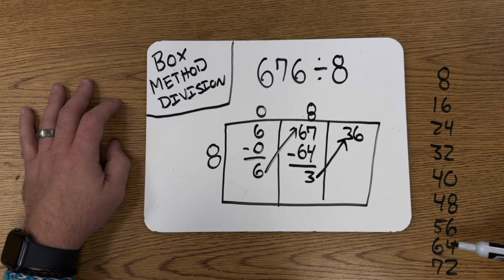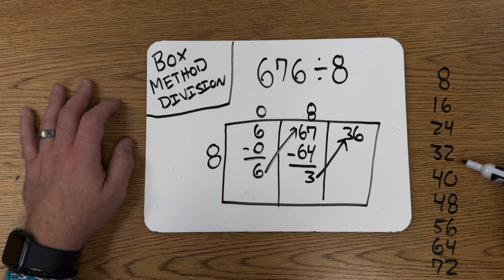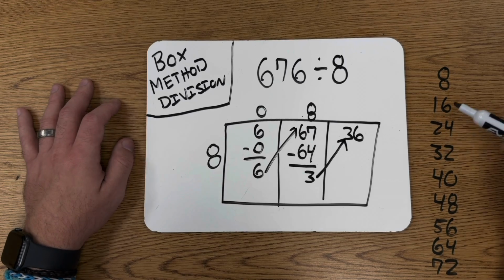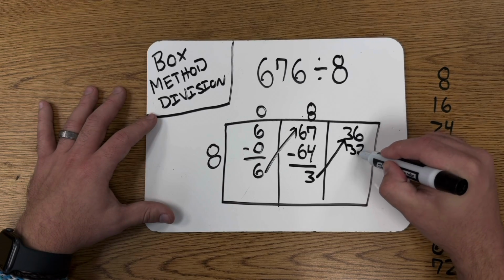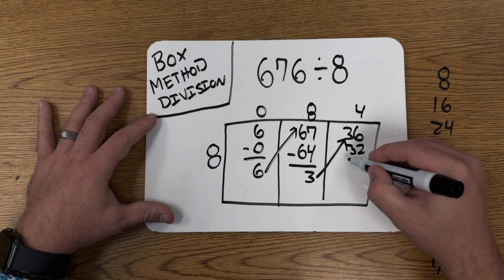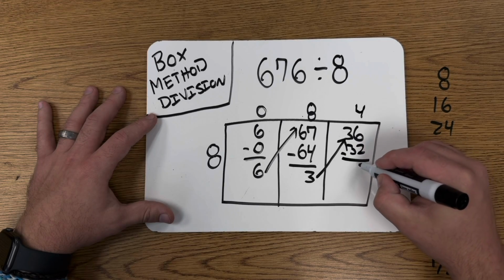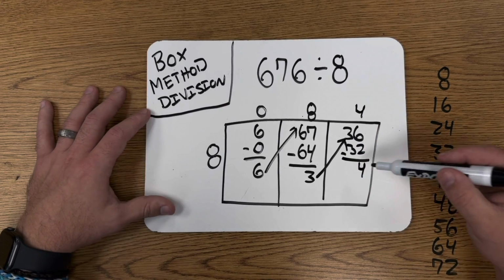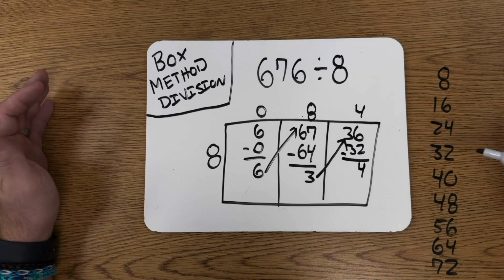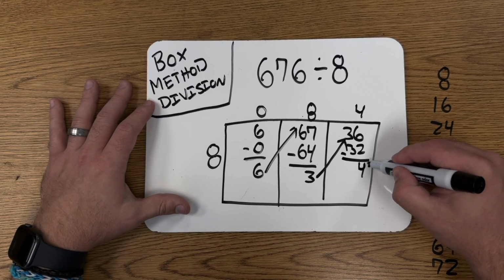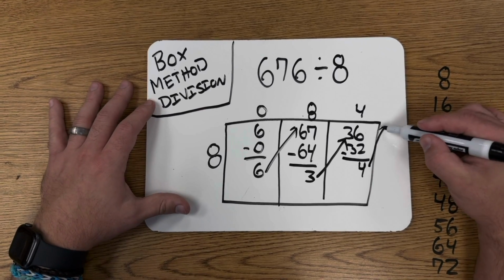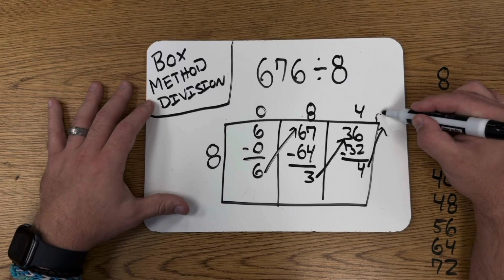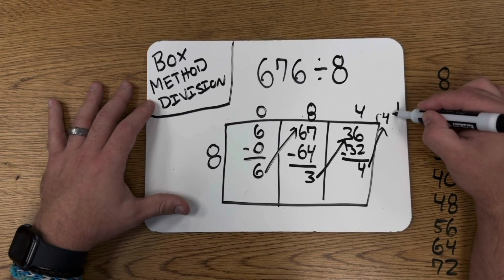And since I already listed my multiples, I just got to find the one that's closest to 36 without going over, which is going to be my 32. 1, 2, 3, 4. So we have 32, 8 times 4. That gives me a 4 here. And I look at it and I cannot do anything else. I'm out of boxes. I am done. So I bring my 4 up top to give myself a remainder of 4 or